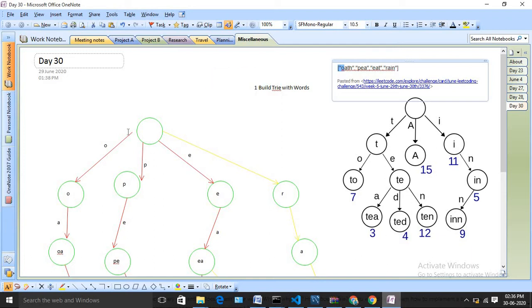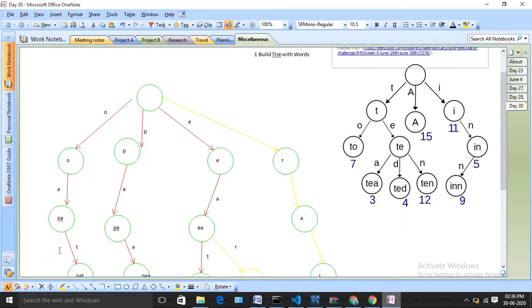In this case, yes, we have one node called OA, but that's not a final word, but we may have a word which starts with OA. So that will be one method. Another method we will add in the trie is search. I will pass the whole word, and I will check whether the whole word is present in the trie or not. So the first step will be building the trie and adding two methods, startsWith and search.